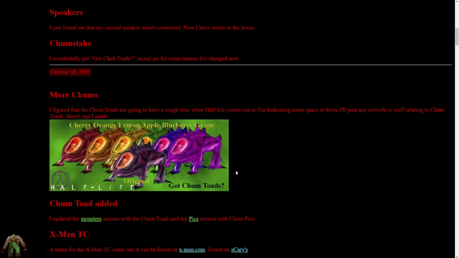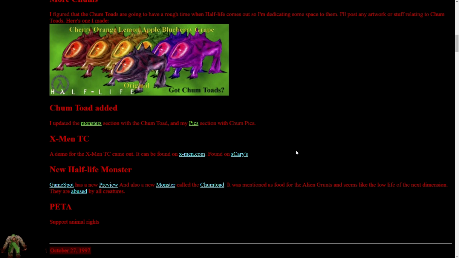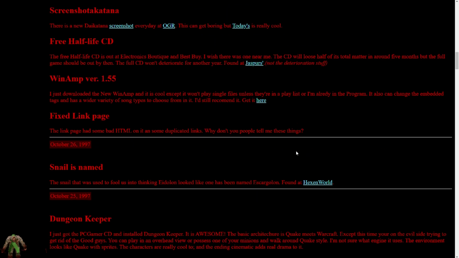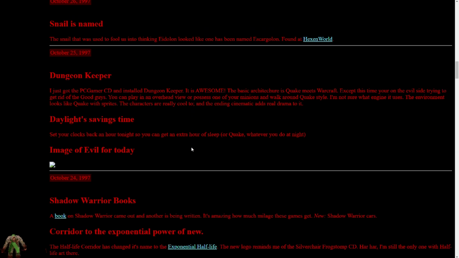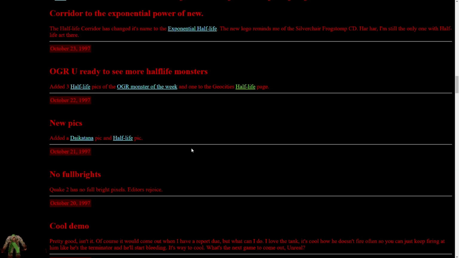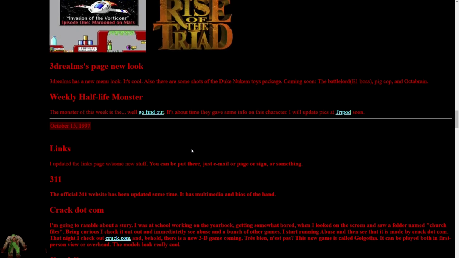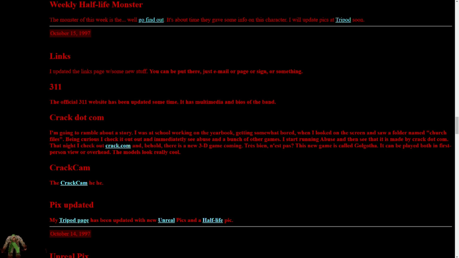Some artwork I had created. I was really getting into Half-Life at the time. I was really sort of idolizing the people that had the big websites on the major game-hosted sites. So I just had my little GeoCities page, but I was really looking at all the game sites that have been updating and sort of keeping tabs on those. So just some, basically whatever was on my mind at the time, I sort of